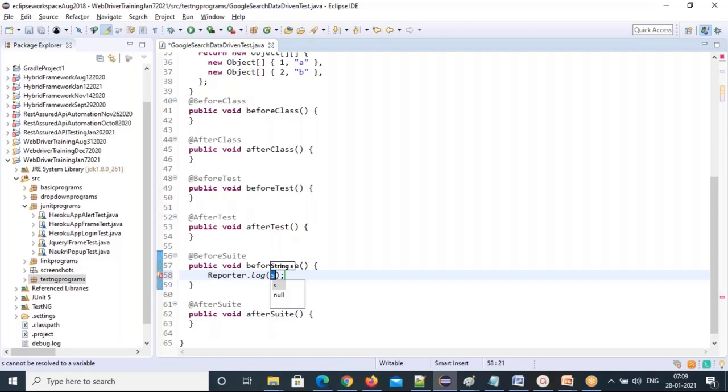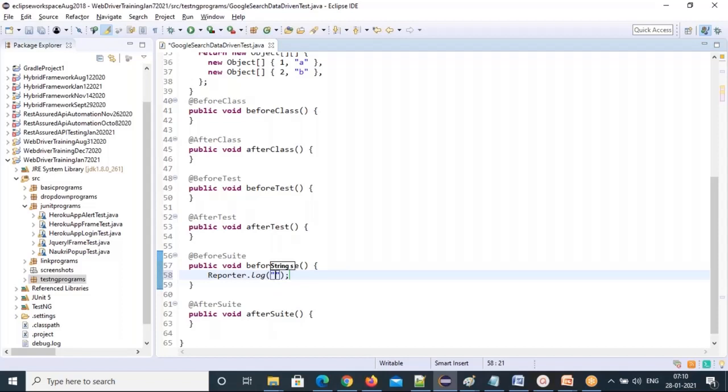I have explained the reports, right? Default test.html, emailable-report.html, index.html. Inside these reports, the Reporter.log messages will show. Whatever messages you are going to write here, these messages will show